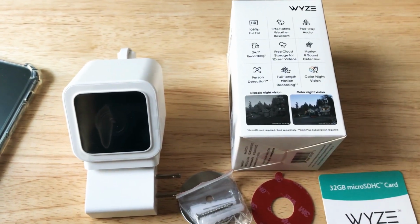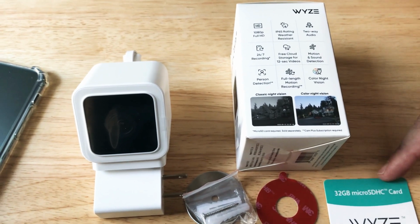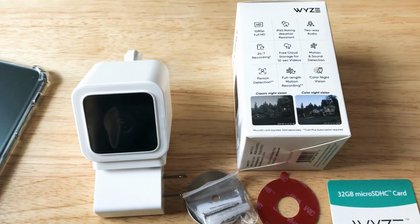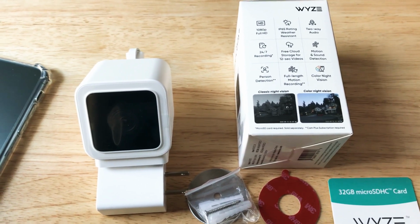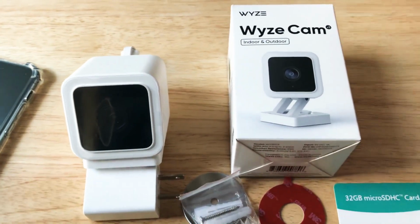And it has color night vision. So it's one of the first small cameras at this price point, which is very good, that has color night vision. So do check that out. It's from Wyze. And this is the version 3, just announced and released